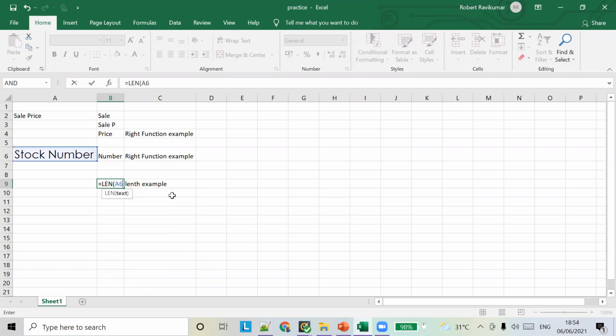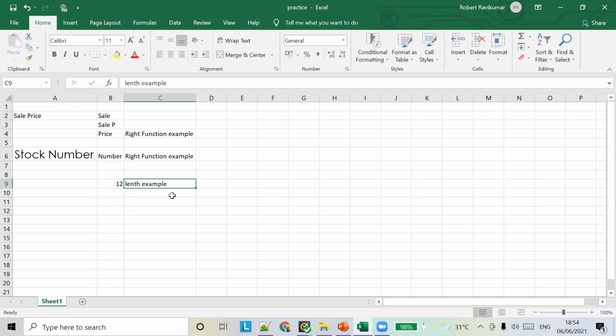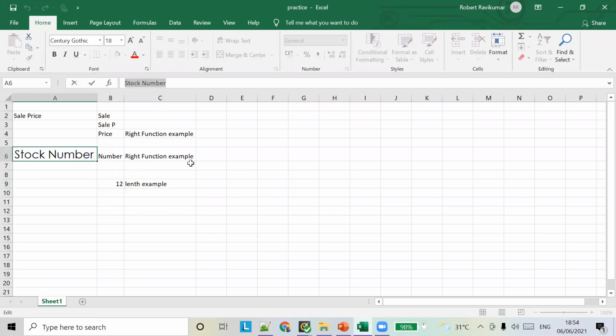It gives 12, so the number of characters in this text is 12. Stock is 5 characters, there is a space, and 6 is the number, which is 6 characters. So in total there are 12 characters. Using this function, we can find the length of any string.